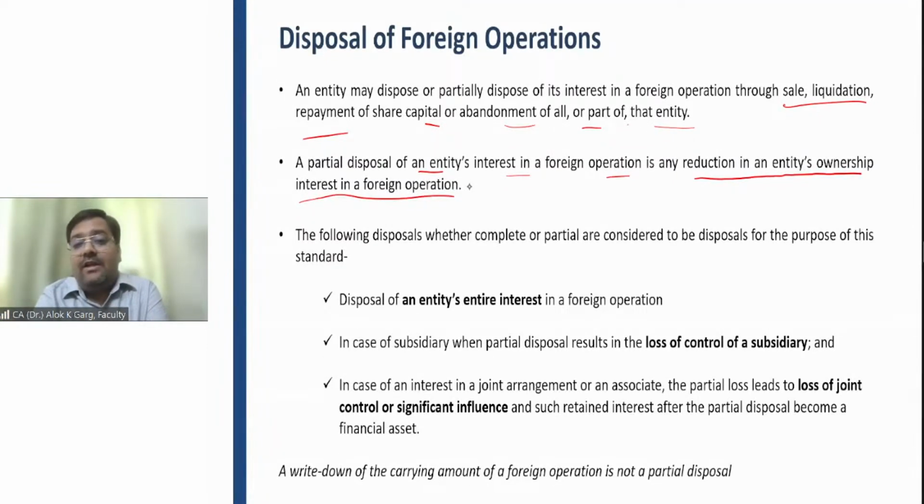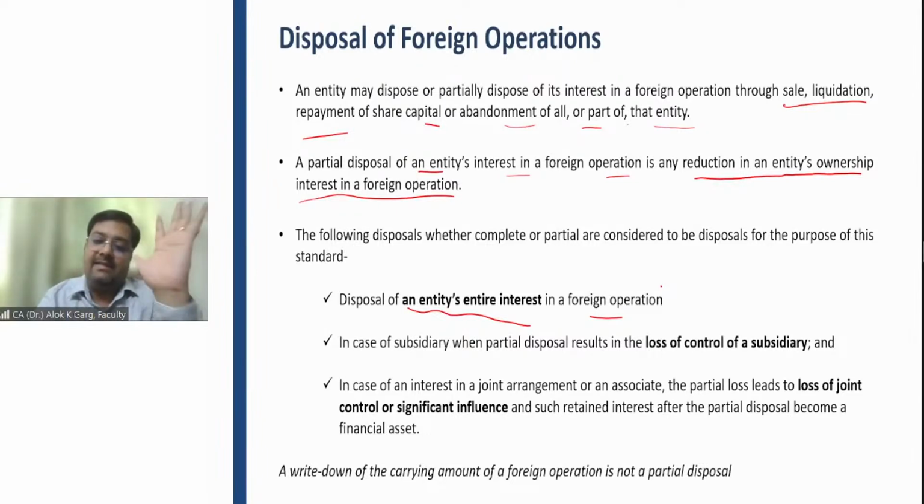The following disposals, whether complete or partial, are considered to be disposals for the purpose of this standard. Disposal of an entity's entire interest in a foreign operation. Pretty simple, right? Whatever foreign currency translation reserve is there, it will go to P&L. As simple as that. Because when you have a stake in a foreign operation, you are consolidating and accumulating the difference in the foreign currency translation reserve as a part of other reserves in other comprehensive income, right? So whatever closing balance will be there, it will go to P&L